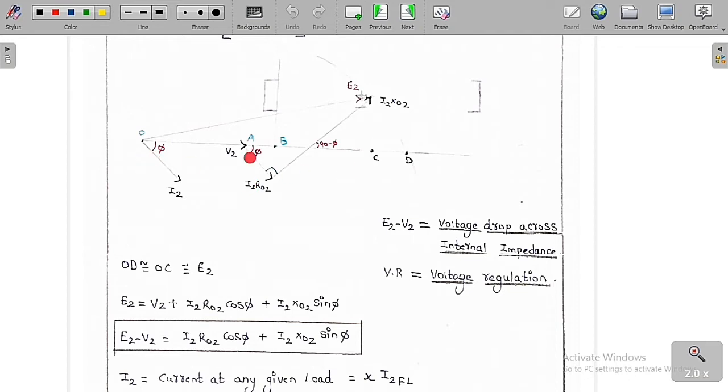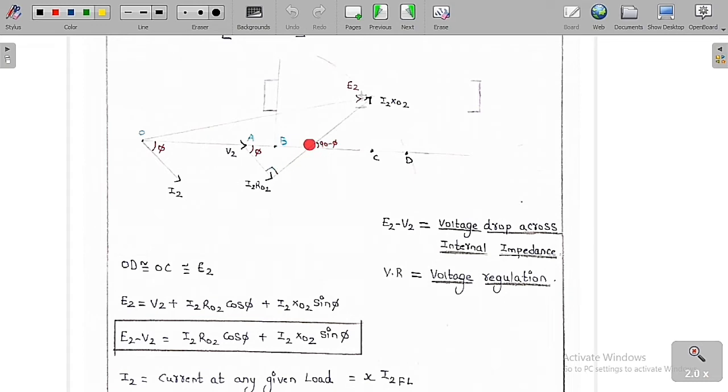So OD is nearly equal to OC. See, I am going to draw a straight line from this point up to this point. So if I draw a straight line from E to this line, we are going to get a point C. So if you draw a perpendicular line from this point, you are going to get a point C. So now I am going to do a small amount of approximation. So you can see clearly AB is equal to I2 R0 of 2 cos phi, whereas BC is equal to,